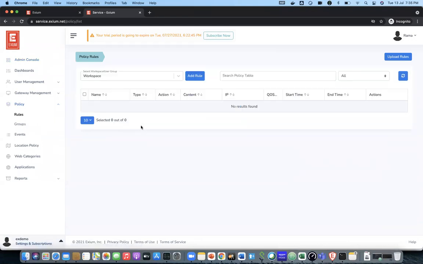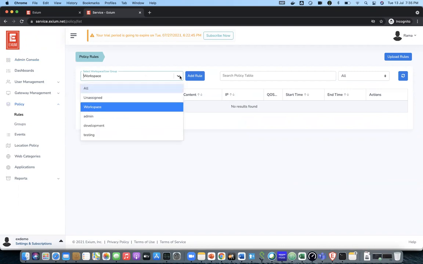It will take you to the policy rules page, where you can create different rules. Some rules you can attach at the workspace level, and those will be applicable to all the users in that workspace. Some rules you can apply very specifically to groups that are part of this workspace.